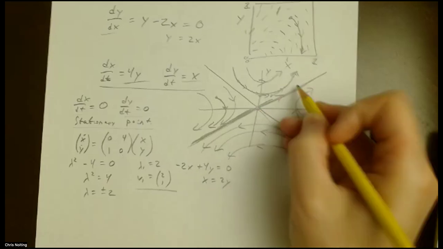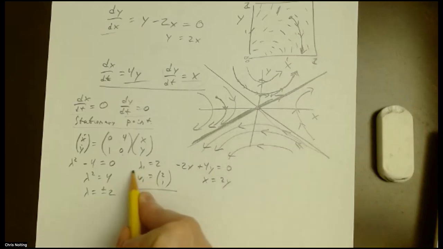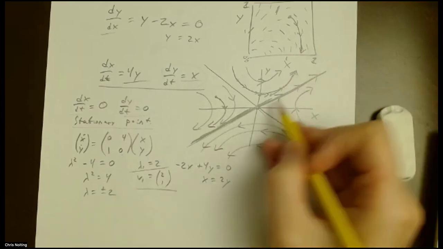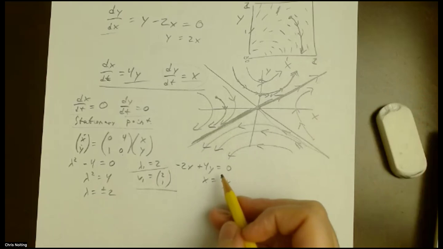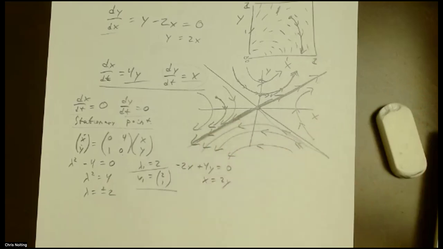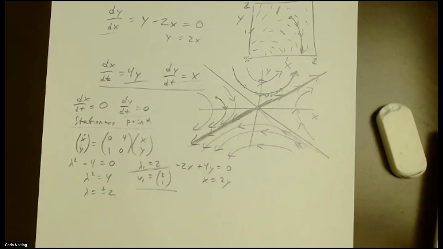Well, that's this line. And in this specific case, we also have a positive eigenvalue, which is going to tell us that things along this line are going to be moving away from the origin. And of course, we could do the same over here. They're going to be moving away from that origin because of this positive eigenvalue. If we look at the other